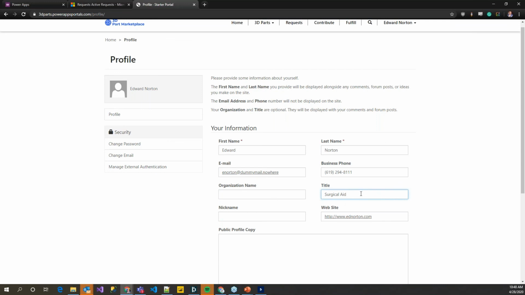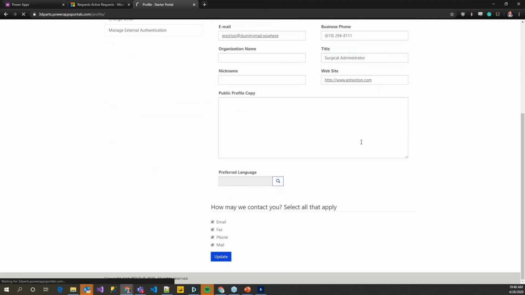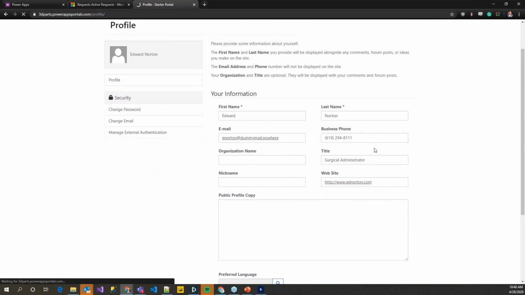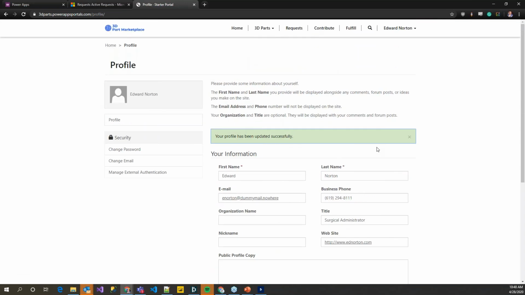So if I change his title here, later we can go back and look at his contact record within CRM, and we'll see it's the same. There's no synchronization. The data is written directly to the database and pulled directly from the database. That said, if I go back to our requests,